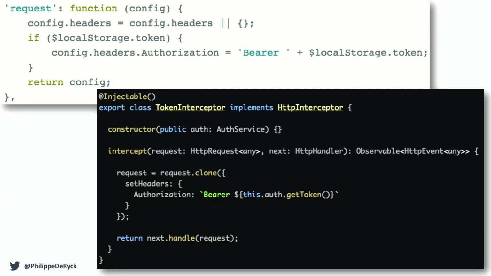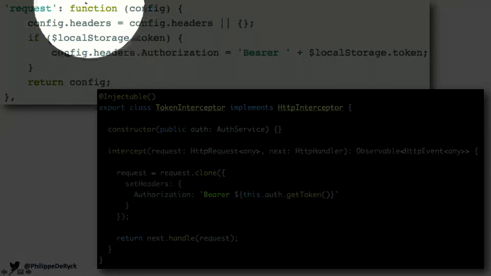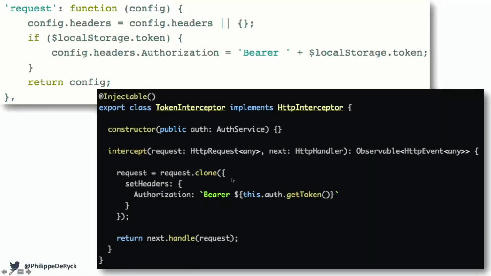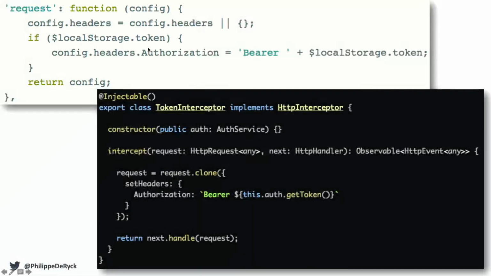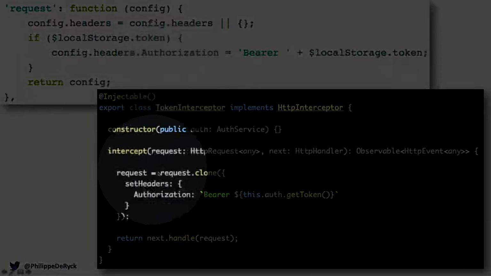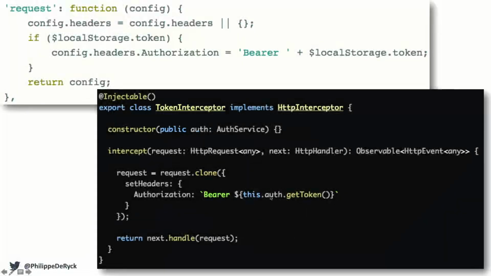So in Angular, this is how you do it. This is AngularJS 1, this is Angular 4+. Very easy, very straightforward, taken directly from tutorials on the internet. A few meaningful lines of code and you're done. This code will get, in this case, your token from local storage and add it to an outgoing request in the authorization header. Same thing here, it's a bit more structured and there's an authorization service involved, but essentially under the hood it does the same thing.